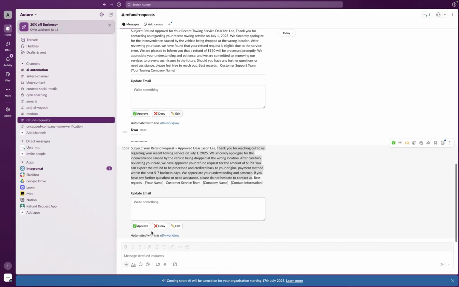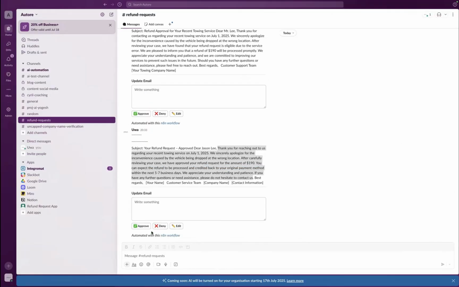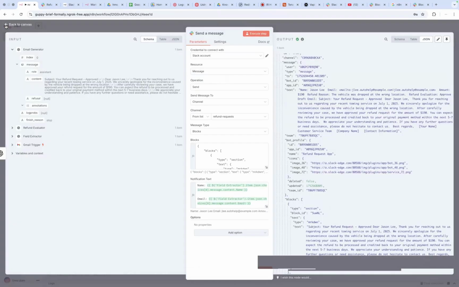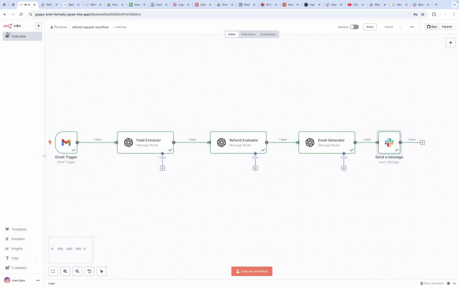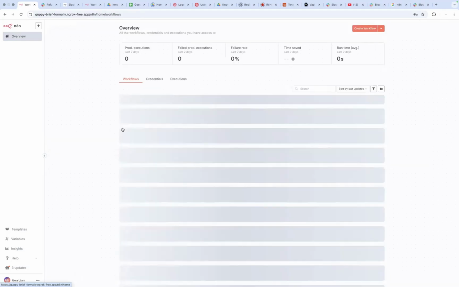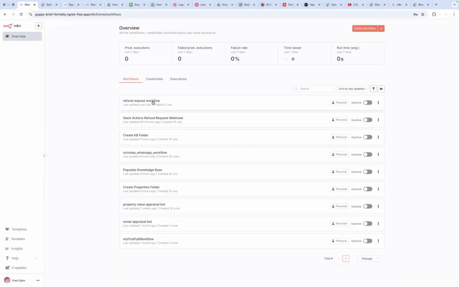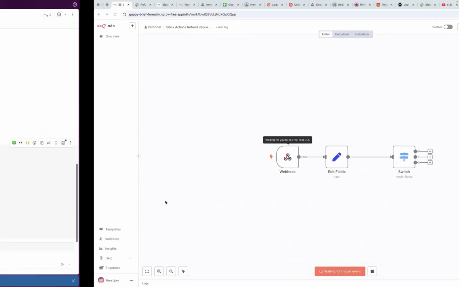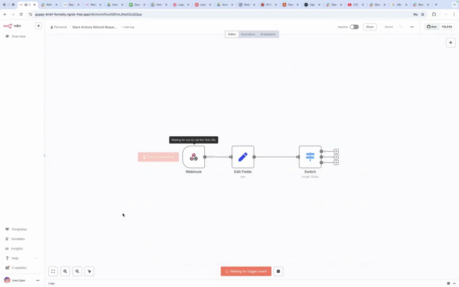So let me show you an example. One of the workflows is to capture this message when it comes in. So let's go to the workflow for this. So go into overview and then go to refund request webhook. So this is the webhook that we configured within the Slack area. So if I just set this to run, right? And then I click approve. So see here, it's waiting for something to happen. So if I click approve,